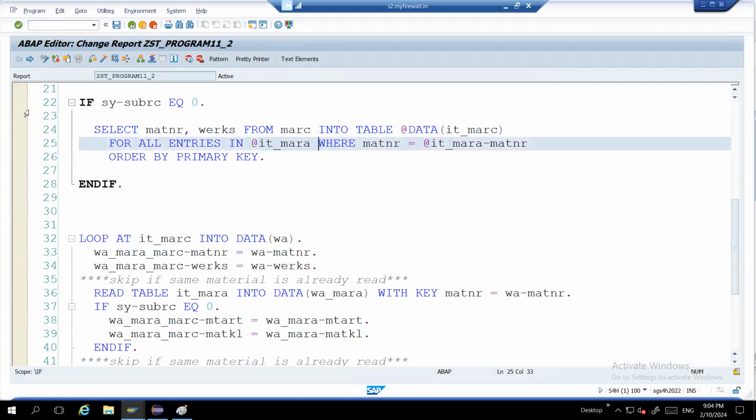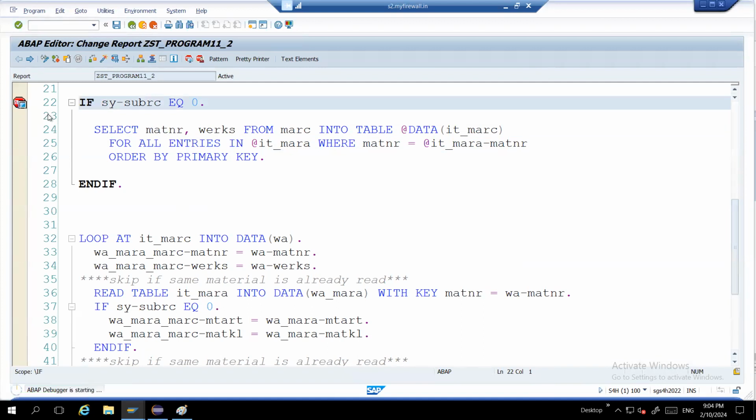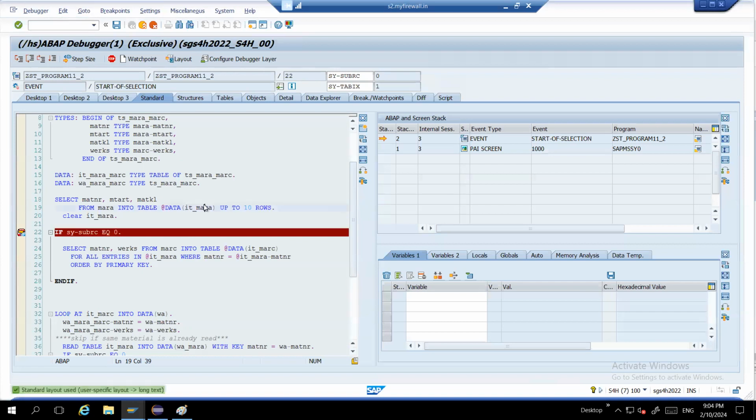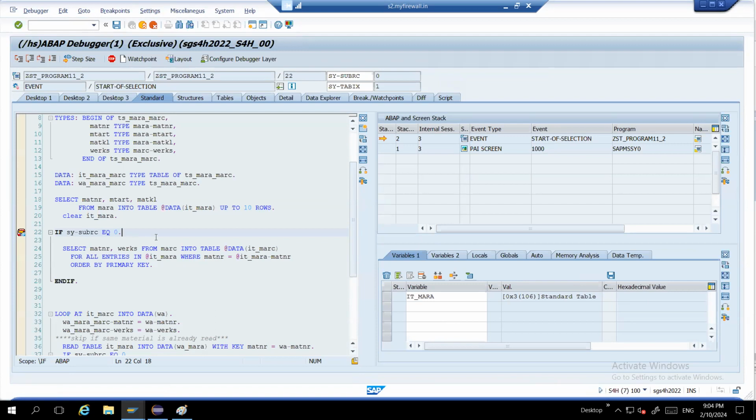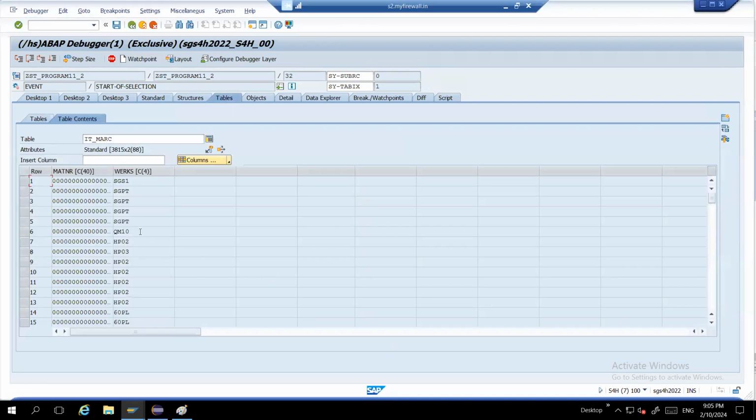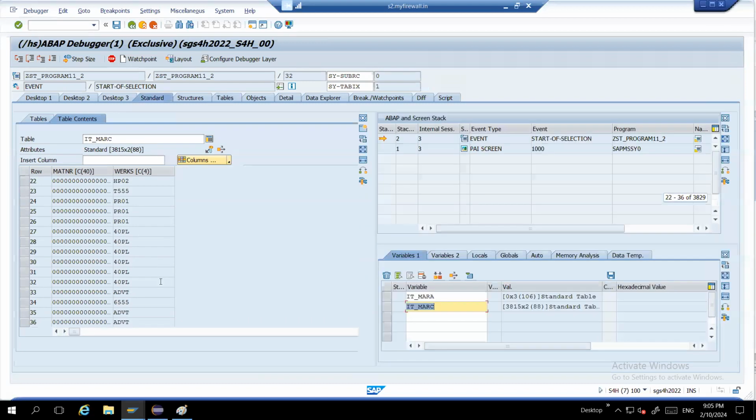Okay. So I will put the breakpoint here and I will show you. So see, in IT_MARA currently blank because CLEAR IT_MARA I have written here. And if you come here and if you execute, you will see that in IT_MARC, all the records from MARC will be coming in IT_MARC. See, 3,815 records has come. That's why,